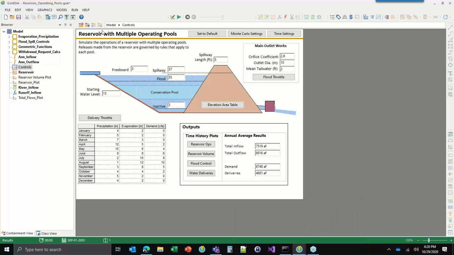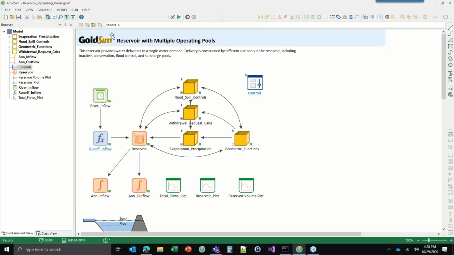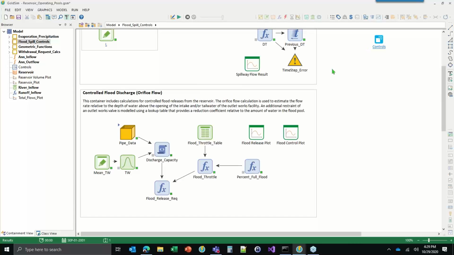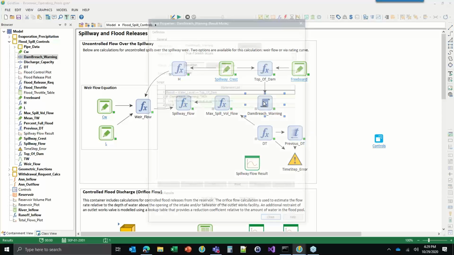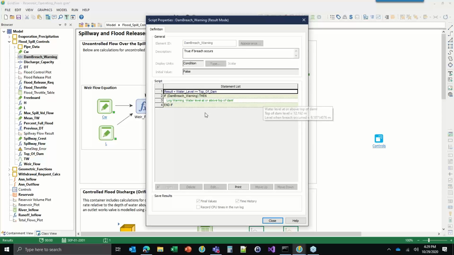If I go into the model, you will see that up here, let's see, need to move some things. Okay, I have a dam breach warning. I use a script element. Why did I use a script element? Oh, because I just wanted to,